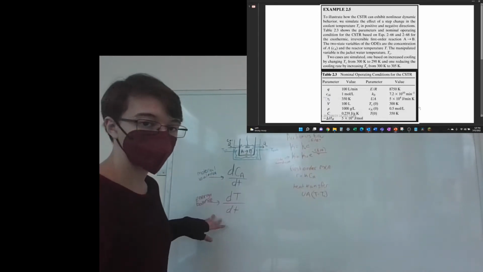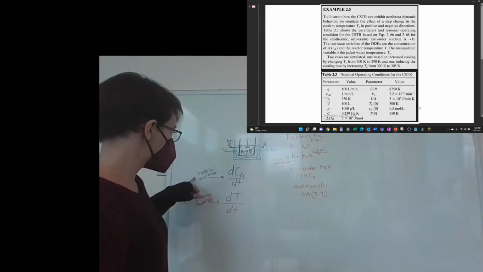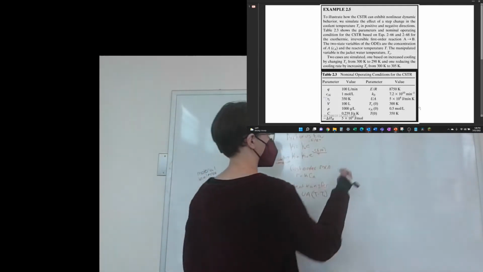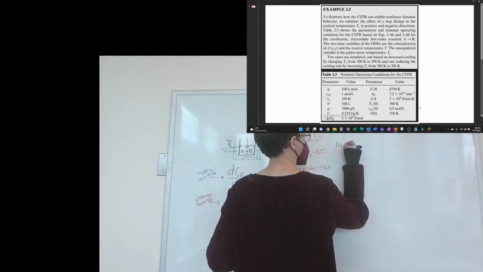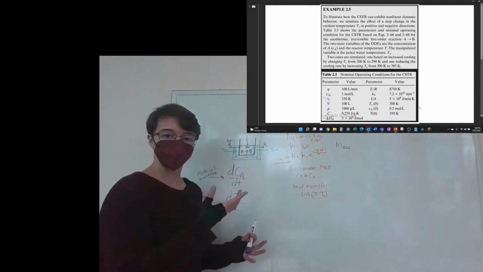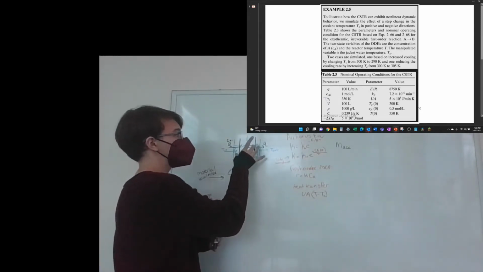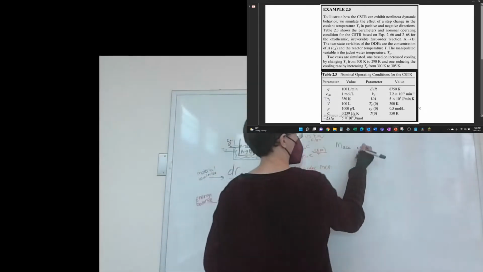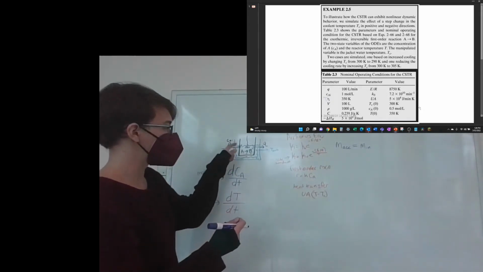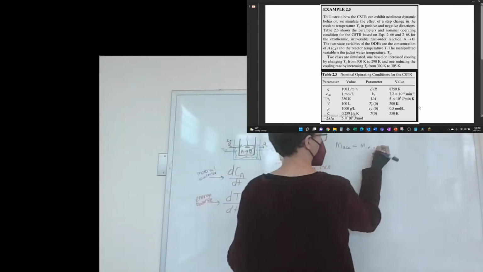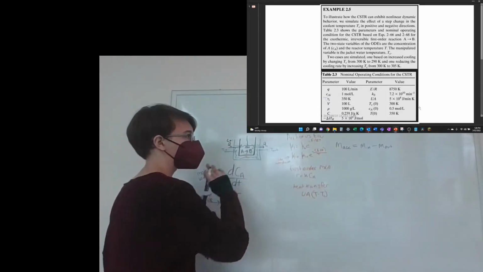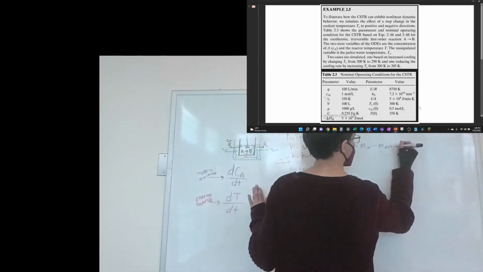All right, so the next thing that we're going to want to do is look at writing these differential equations that we can use. So first one is going to be based off of a material balance. So what do we think when we think material balance? We think that the mass that is accumulated within a system, so we're going to be looking at the material balance of A. So the amount of A inside this tank is going to be equal to the amount of A that goes in, so that's the amount of A coming from this incoming stream, minus the amount of A that goes out, so that's the amount of A in this outgoing stream, and then minus the amount